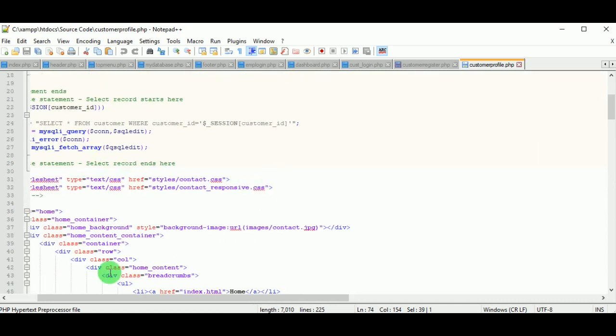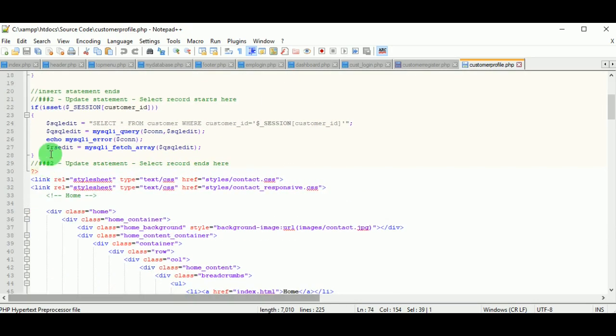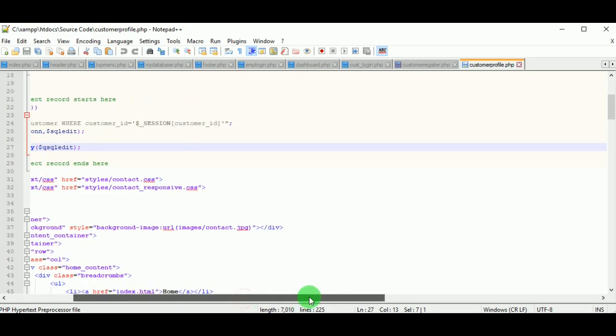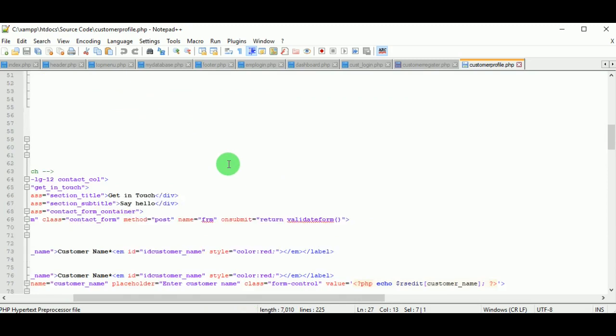So how this works, you can see here, if isset session customer ID. Each customer who logs in will have a unique customer ID. If it is of that customer, then all that customer's records are fetched using the select query: select star from customer where customer ID is equal to session customer ID.